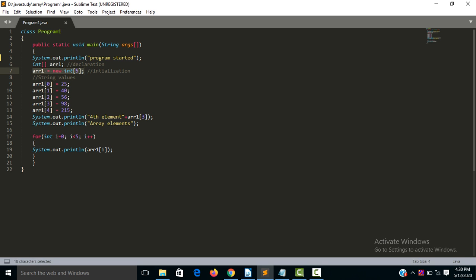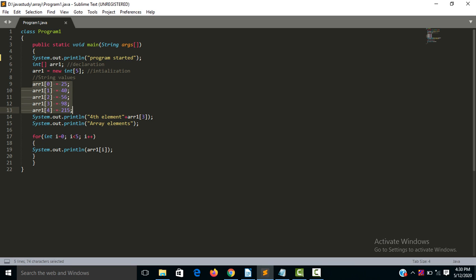So we have to mention 5 here, it is the size of the array, so we can store only 5 values in this array, because the array is fixed in size. So that's why we have to store only 5 elements.